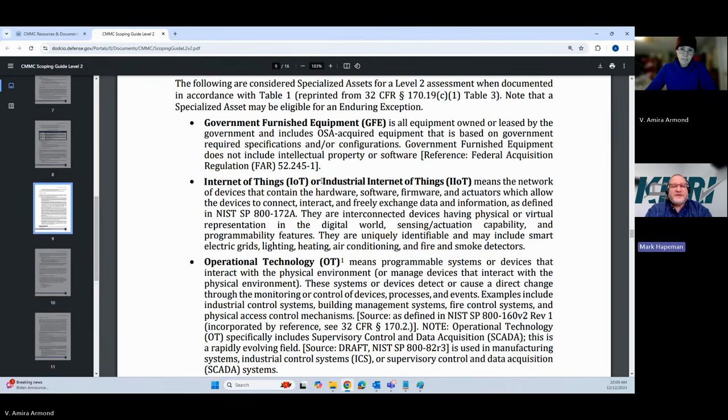Before we move past Internet of Things, I have a question that I'm sure we will hear quite a bit. Obviously, security cameras is one that you mentioned. But what about, let's use a brand name, Meraki, Cisco's Meraki. Is that a contractor managed asset, or that's a specialized asset because it connects, right? It's an Internet of Things technically. So it actually, okay, so I know why you're bringing it up, because